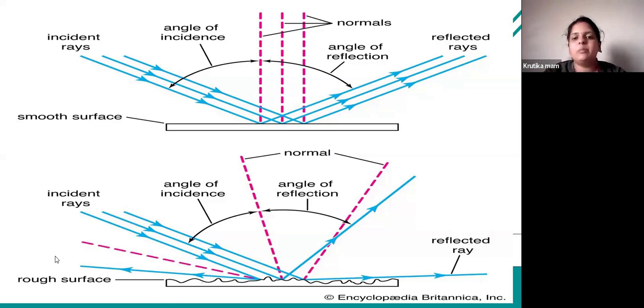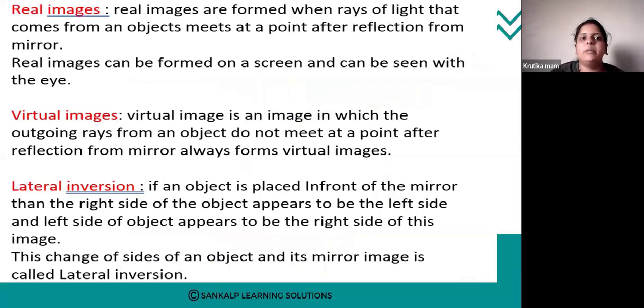So always remember here students, the reflection laws we have now studied are applicable for all types of surfaces. Either it is a smooth surface or a rough surface, the laws are valid here. That is, the angle of incidence is equal to the angle of reflection. Second, at the point of incidence, all lie in the same plane. Okay, the next point we are able to see is the definition of the real image and the virtual image. So now one part of the lesson is complete.